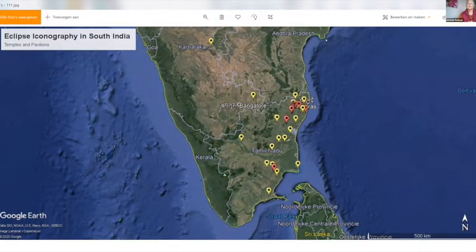In 2009, Raja Dikshitar, in the last bit of his life, just before he died, discovered the first eclipse pavilion. And before he died, he discovered 2 more. And we also went to a very important temple. And since he passed away, I've actually found 15 eclipse pavilions